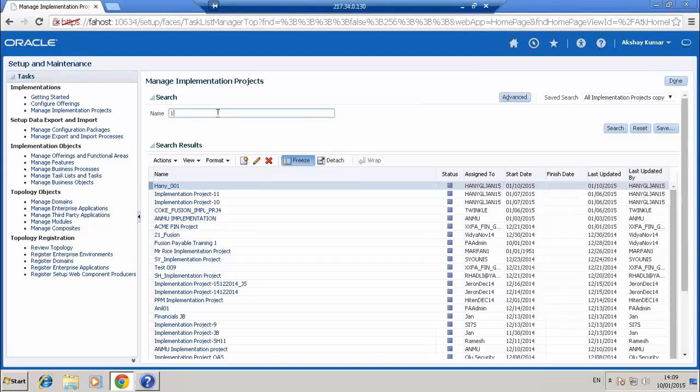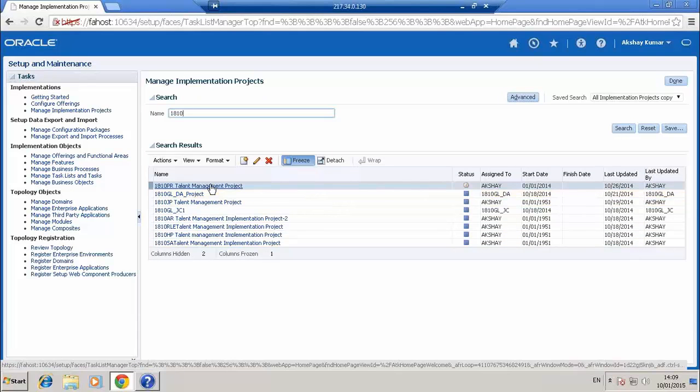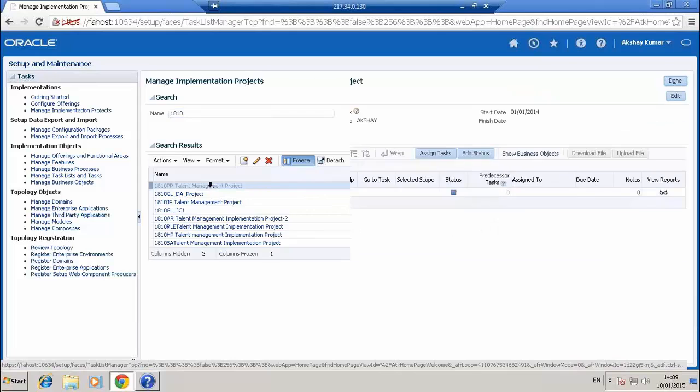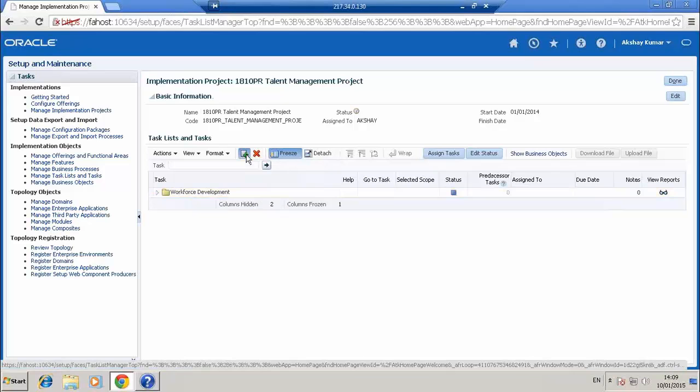I found it. So 1810 and 1810 you are getting it? Yeah, this one, right? Talent management. I'm having the same name. I'm not changing it. Let it be like that. See how to add the other modules.